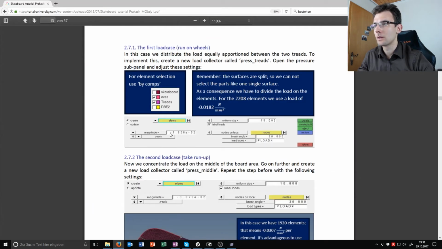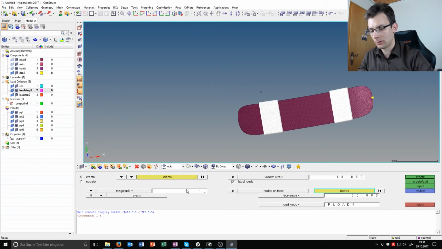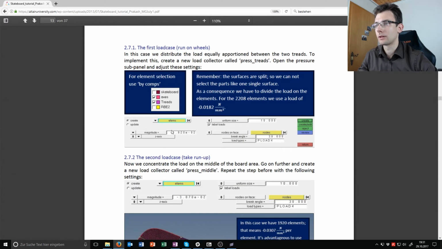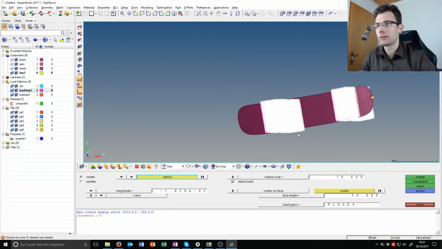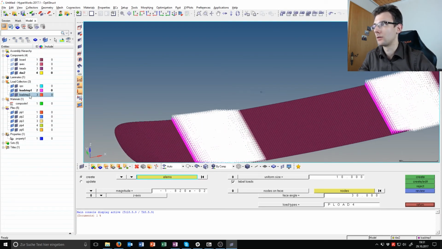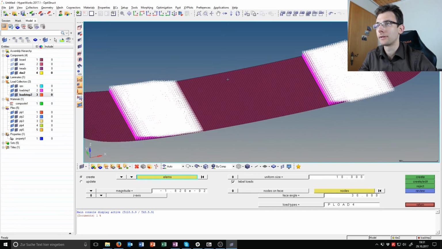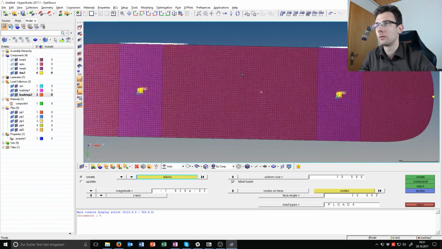And the pressure is 1.82 to the power of -2. And the direction is the Z direction, in this case the -Z direction. Let's just check it again, 1.82. P-load 4, create. And the second one, we switch the load collector to the second load collector by making it current. And for that we will define,